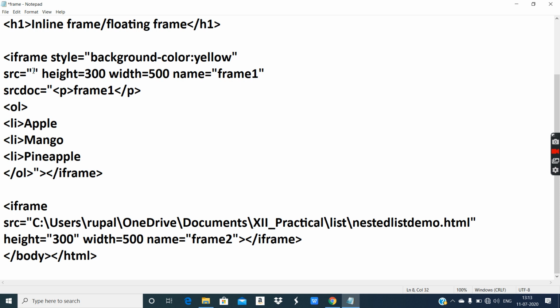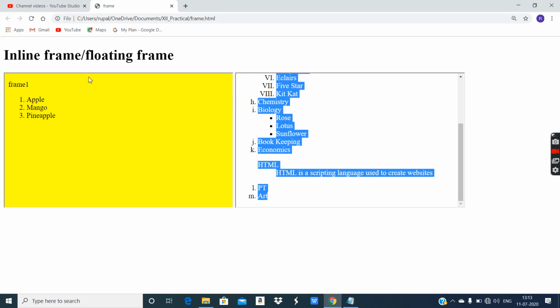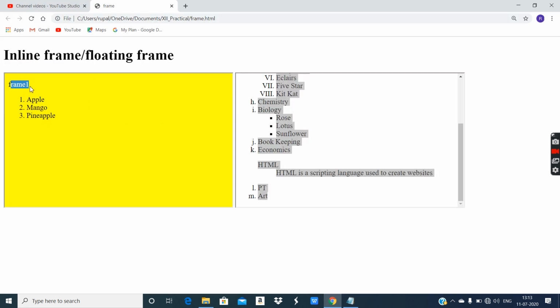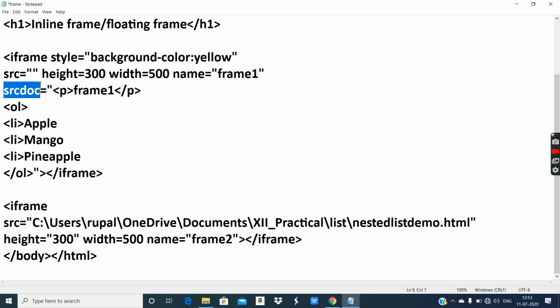And if you don't want to display any HTML file, you can just use srcdoc and provide single or multiple tags that you want to display inside the frame. See, it's displayed over here: Frame 1 represents the p tag, and this represents the ordered list. But the srcdoc attribute is not supported in Internet Explorer. It is supported in all other browsers.